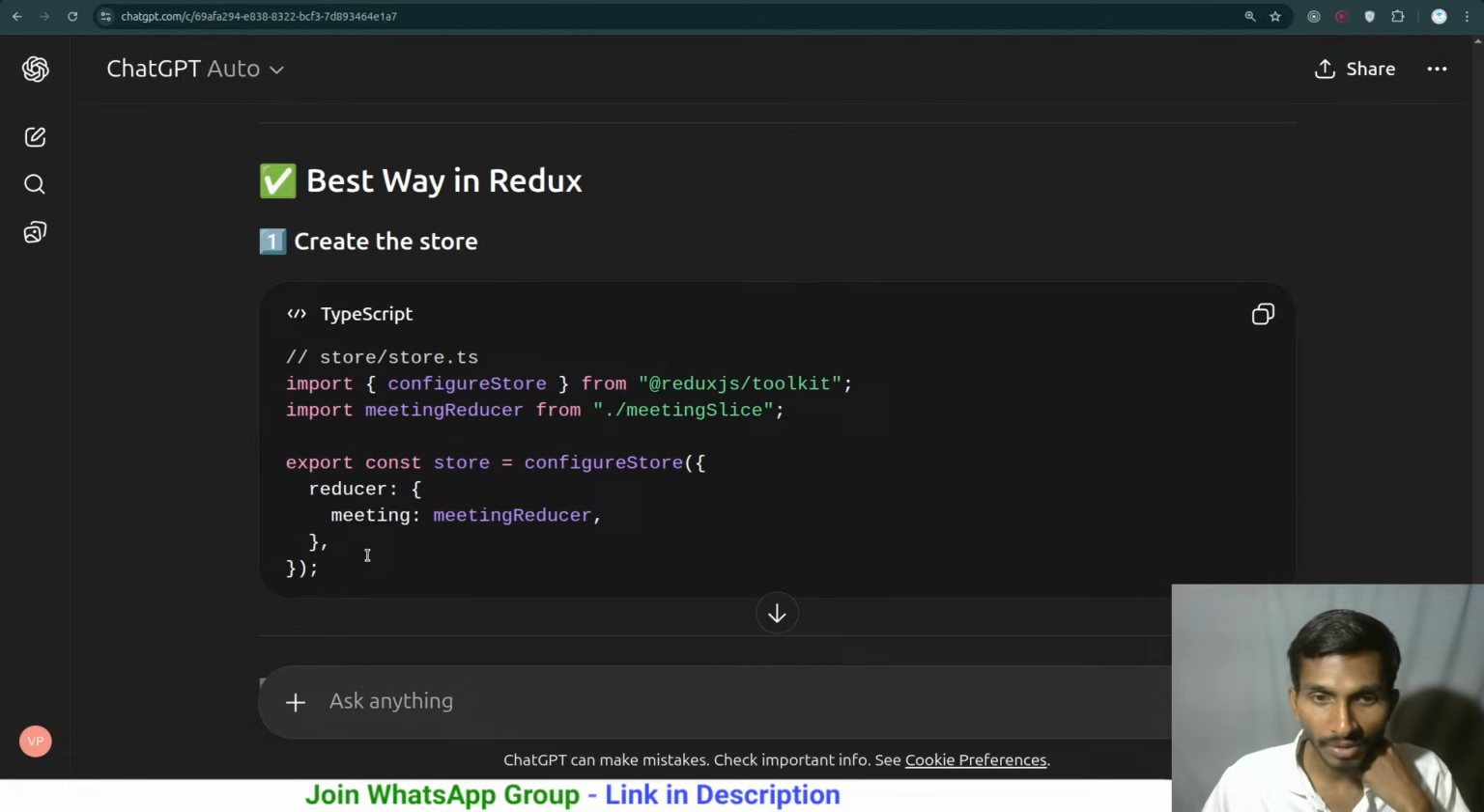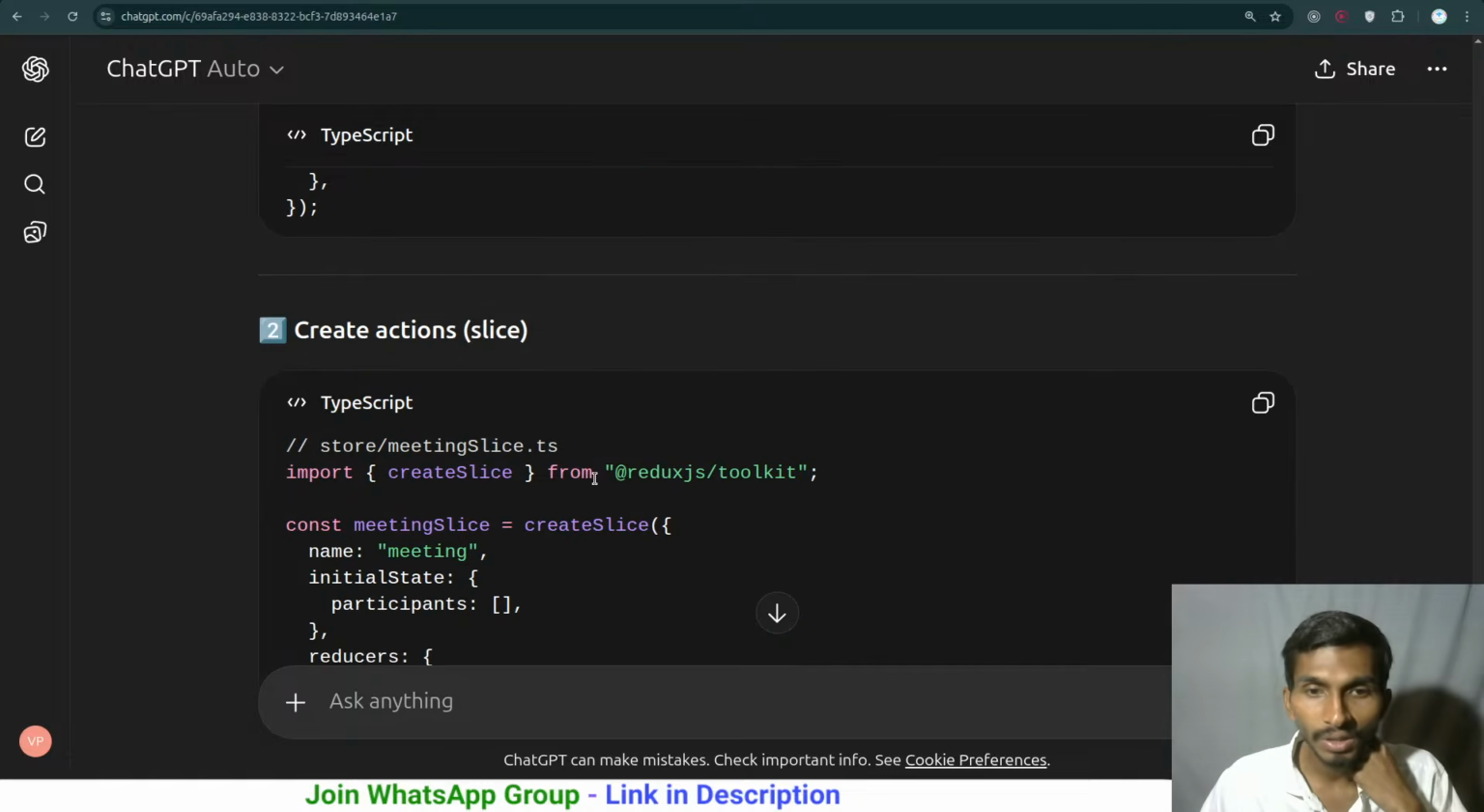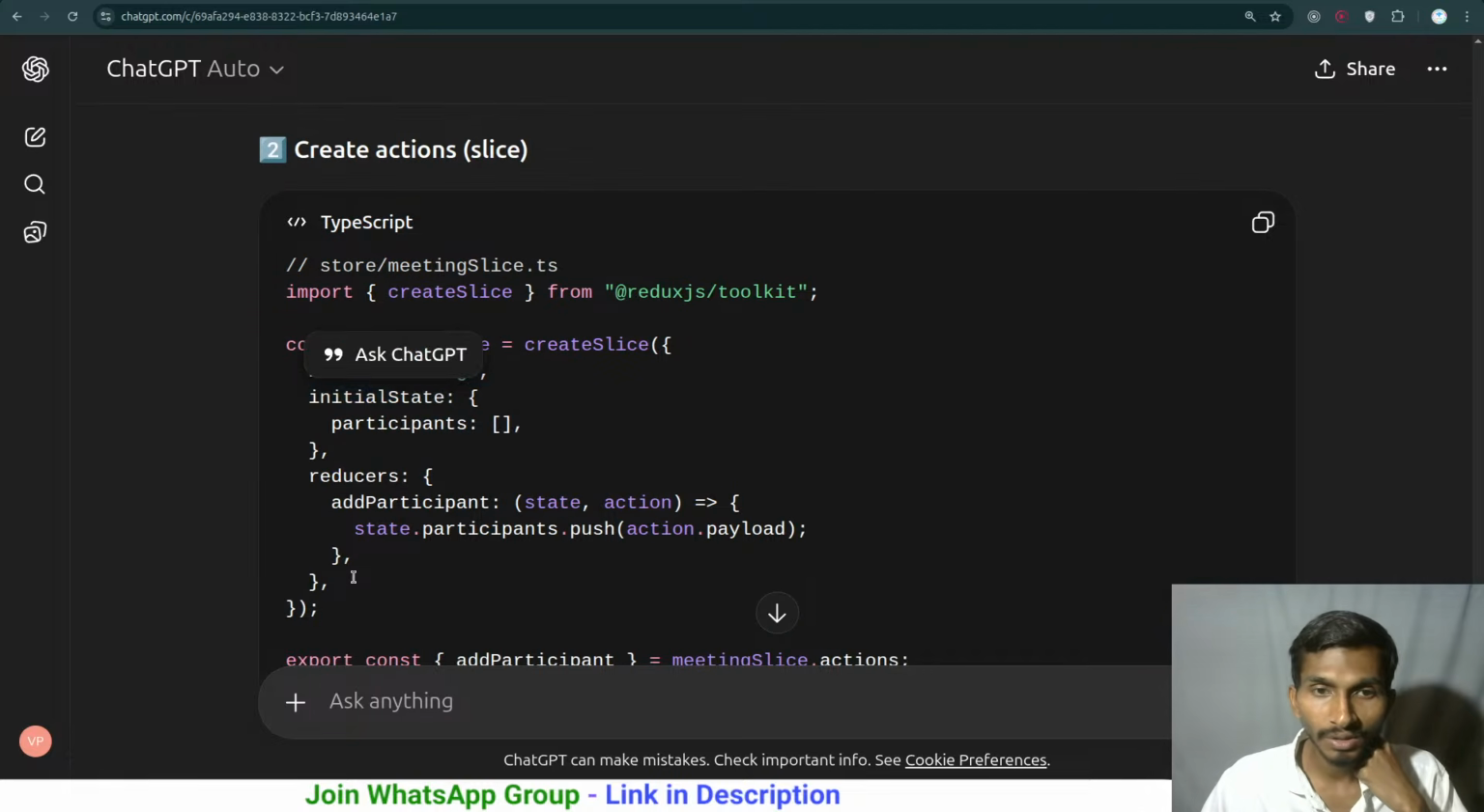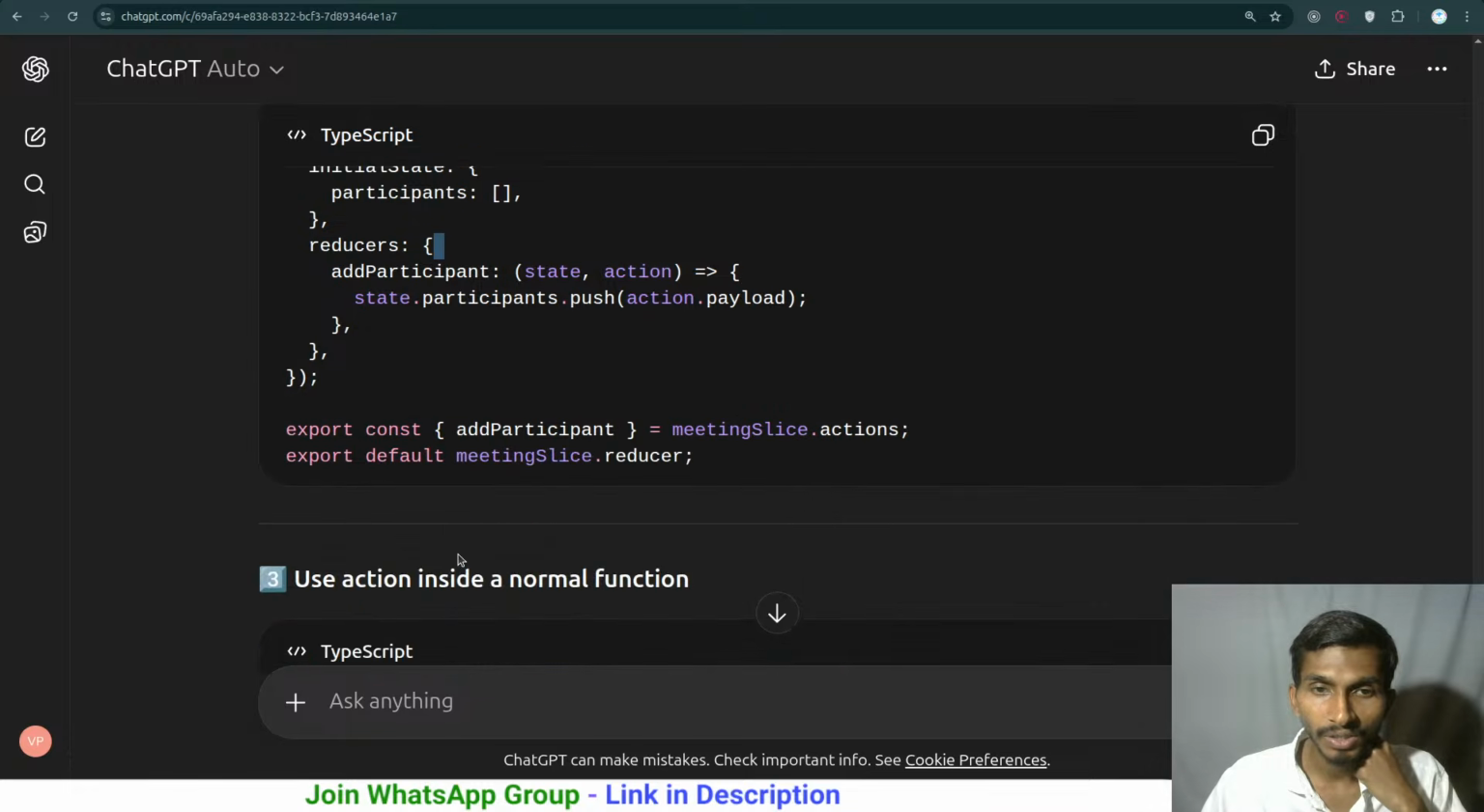Store is created. I have the reducer over here. There is this meeting over here. The slice is also created. I have this initial slice and all. I have created this action as well. So it turns out I have the action add participant. Okay, then